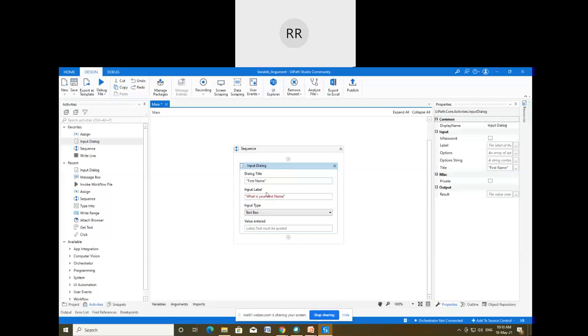Once the user enters his name, that has to be stored somewhere, and for that we have to create the variable. We can create the variable either by going to the variable panel, or simply by pressing Control and K on our keyboard.